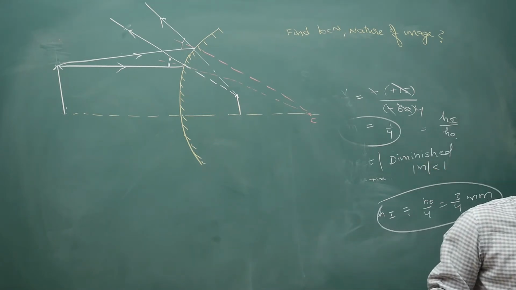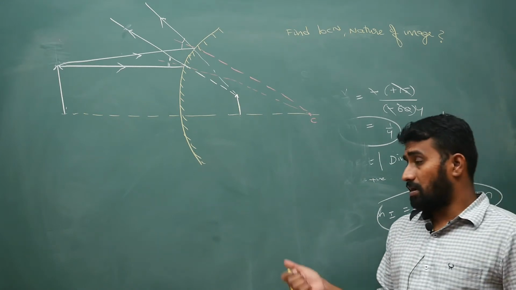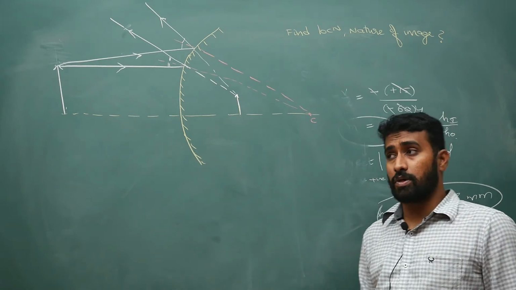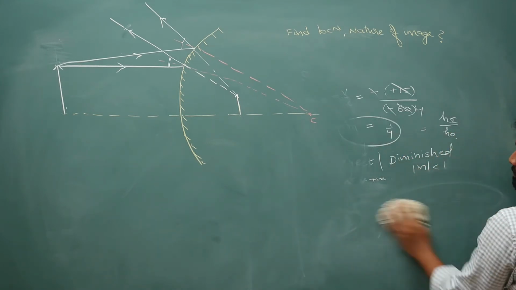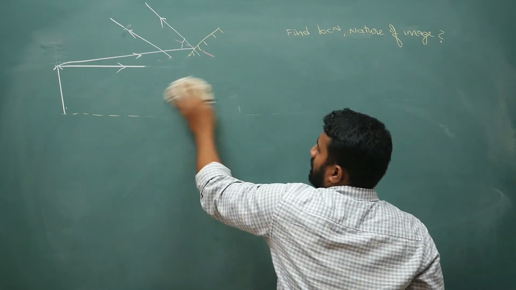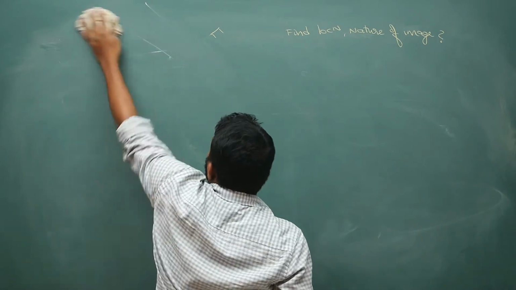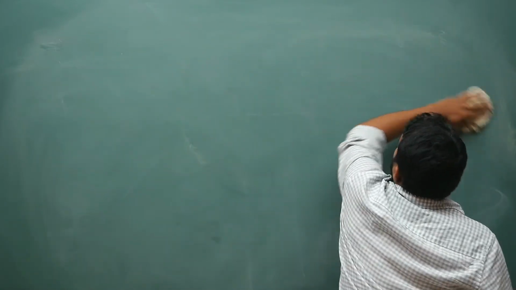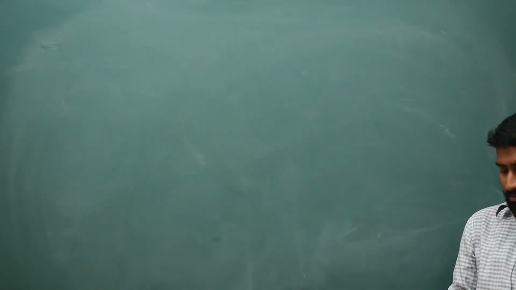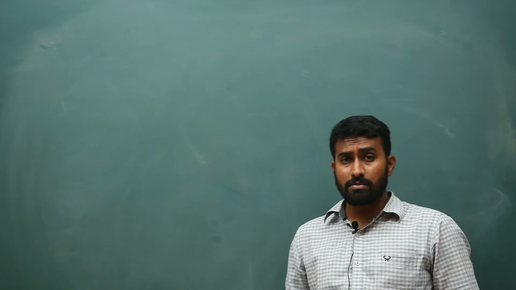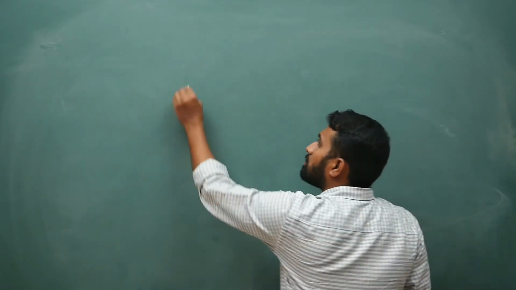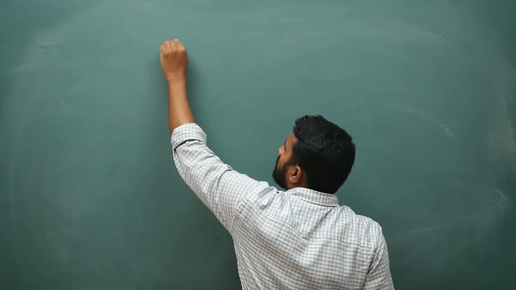Next, sorry, previously I did not see that it was erect, I bluntly reversed it and drew it. Mistakes do happen. Next, because there are no students now because of the lockdown, I don't know how many errors will come. Next, your next important idea is, yeah, we will do it for a virtual object for this convex mirror also, we will do it once again.